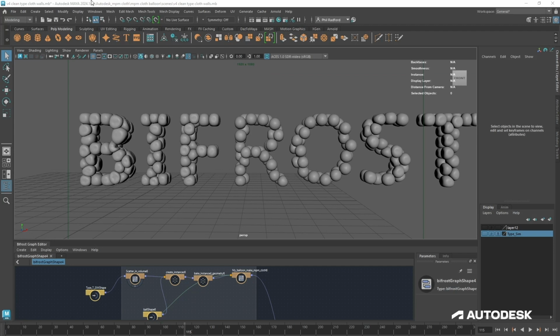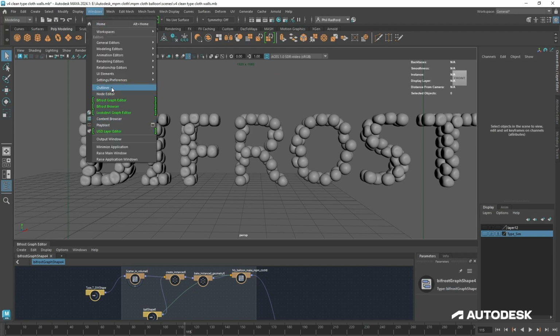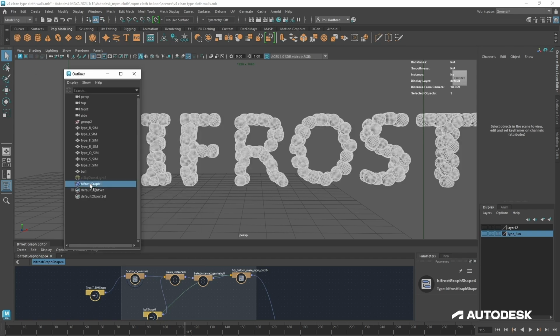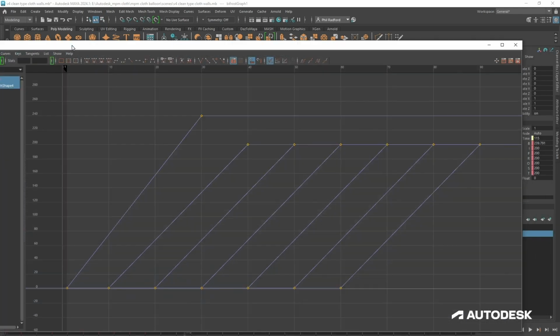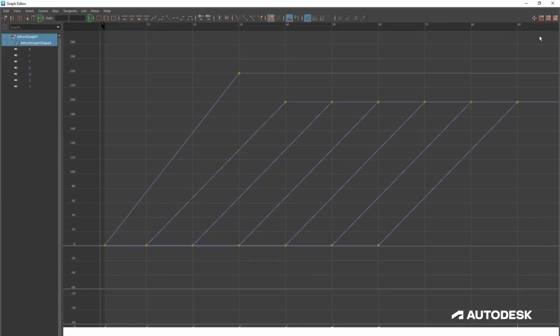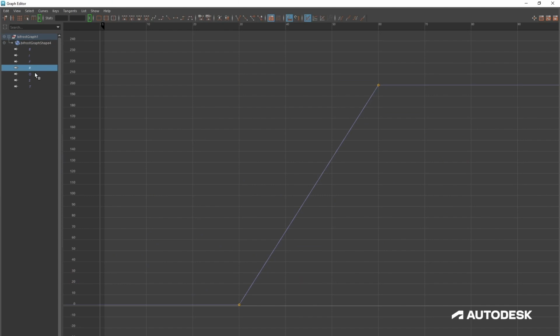So if we select, let me just get the outliner open. Where's the outliner gone? There we go. So if we select the graph, and then go into the graph editor, the animation one, we can select the R, the O and the S there. And we could just take it up by, what are we at, 200, we could take it up to like 2,